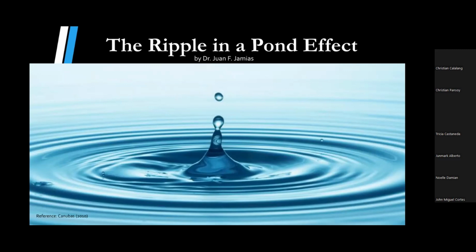Sir, kasi po pag ripple in a pond effect, parang nagiging malaki yung scope mo. Parang ganun po yung pagkakaintindi ko. So for example, yung bato yung research mo na ibinato mo sa tubig. So yung magiging impact niya sa water is nagkakaroon siya ng effect which is bigger than dun mismo sa batong ibinato mo. Parang ganun po yung idea. Tingin ko. Thank you po. Yes, thank you Marvin.